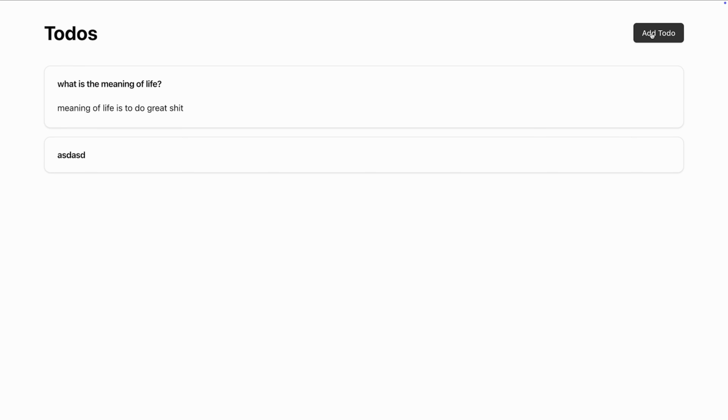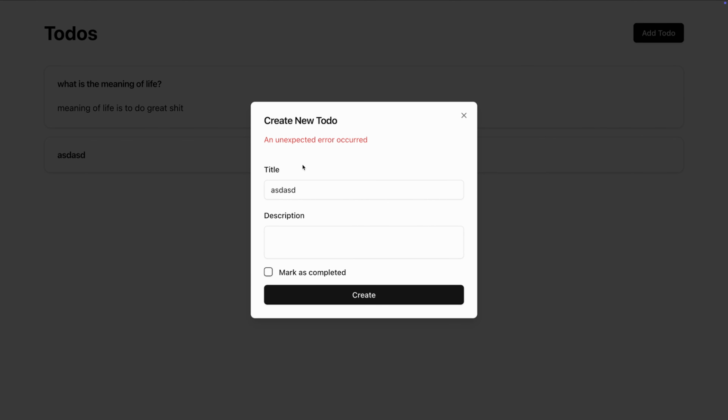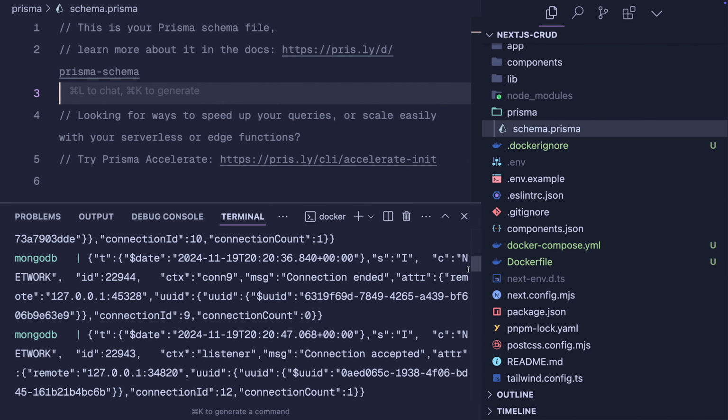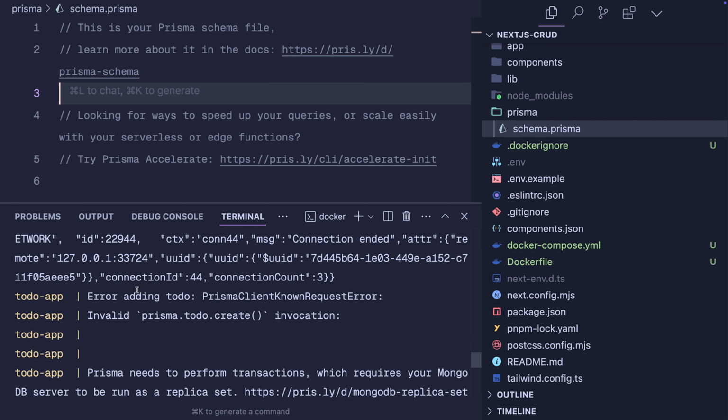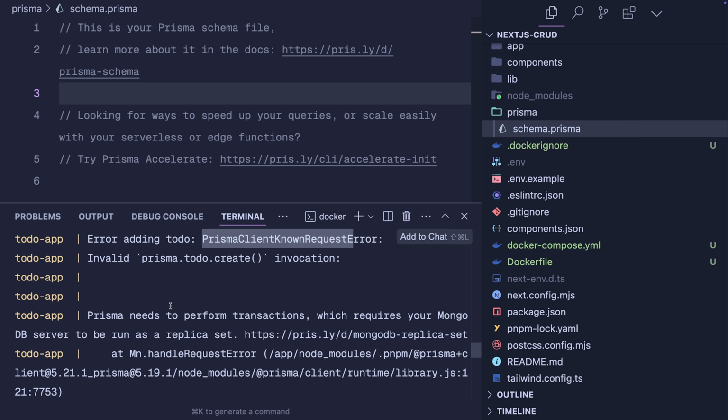So if I come here and try adding any to-do, you'll see that we are getting an unexpected error occurred. If I come here and check the console, you will see the error adding to-do, Prisma client known request error. And here's the problem. Prisma needs to perform transactions, which requires your MongoDB server to be run as a replica